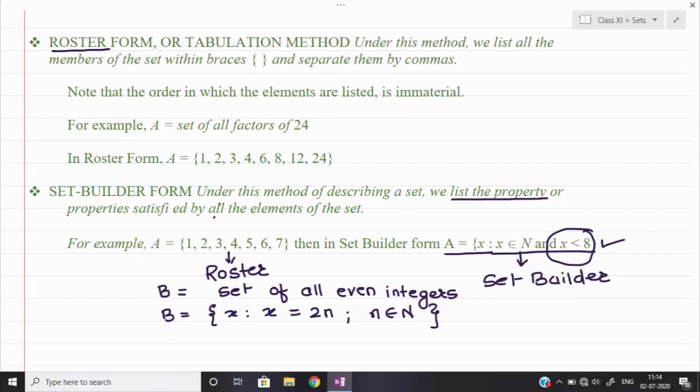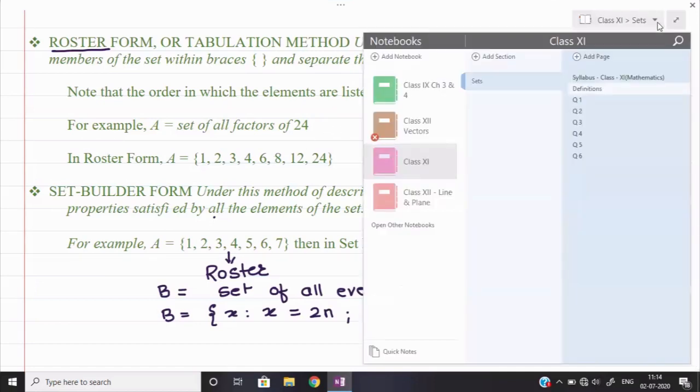So let's start the questions over here. Last time we covered only question number 1 of the first exercise. Now I am taking the second question onwards. Today we shall cover at least 3 to 4 more questions. As I told you last time, gradually we shall improve the time and the number of questions. The first question I already covered on that day, so we are starting from the second question.